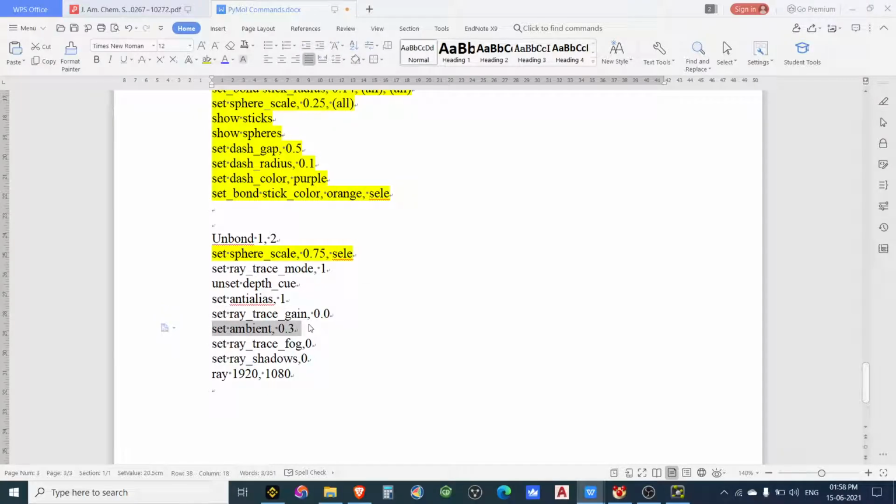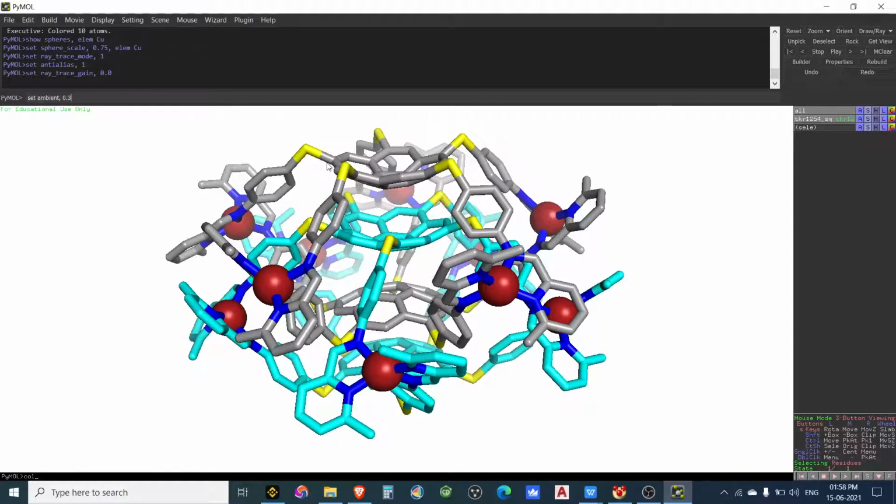Set ambient 0.03, 0.3, see a little bit white shadow came. It got a bit whiter.